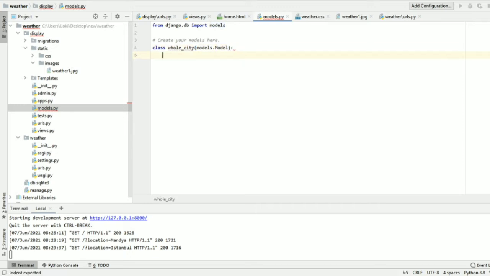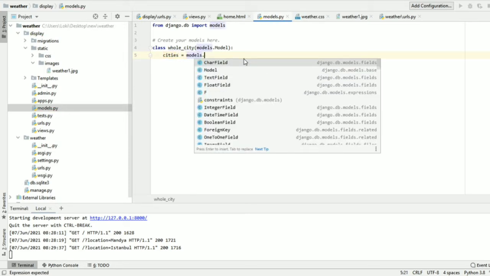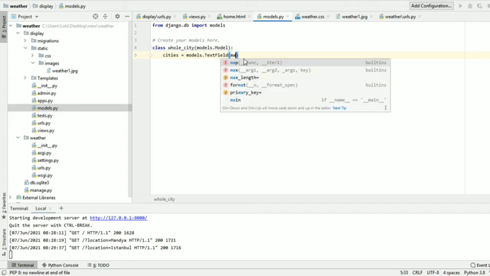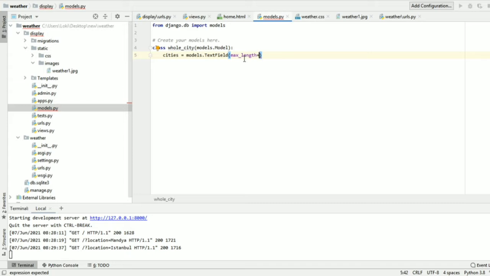It extends models.Model. After this I need cities, that is models.CharField. Okay, I will add a text field instead, because if the name is bigger I need a text field, and we'll add max_length equal to 100.